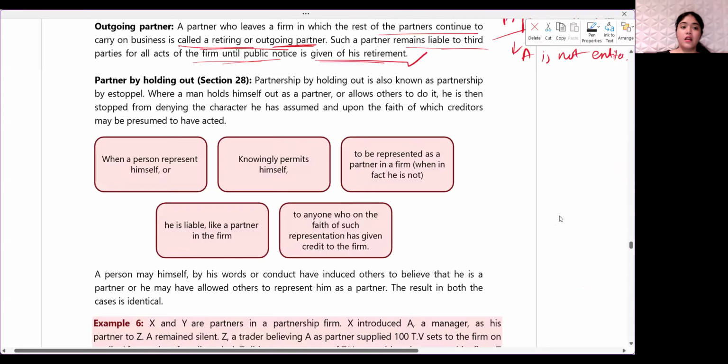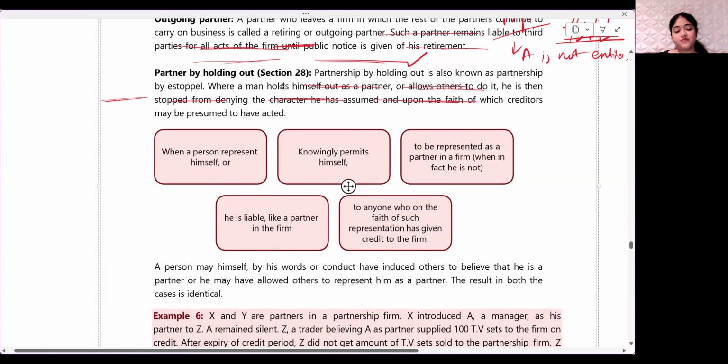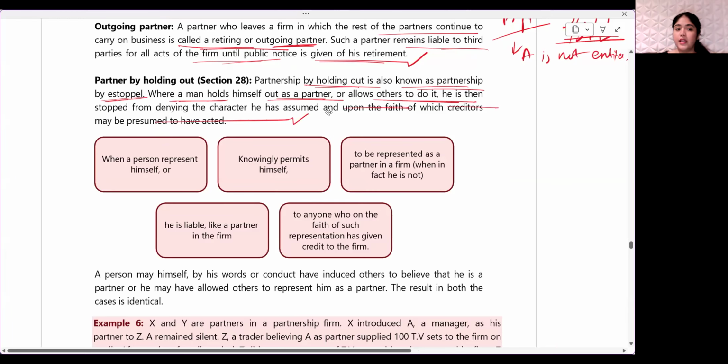Second, partner by holding out. Partnership by holding out is known as partnership by estoppel, where a man holds himself out as a partner or allows others to do it, and is stopped from denying the character he has assumed, upon the faith of which another may be presumed to have acted. Now, what happens? One person acts as though he is a partner of this firm, and when he is acting as the partner of the firm, let's suppose,